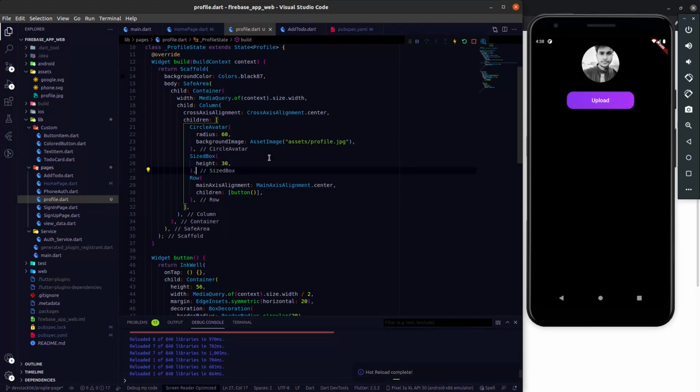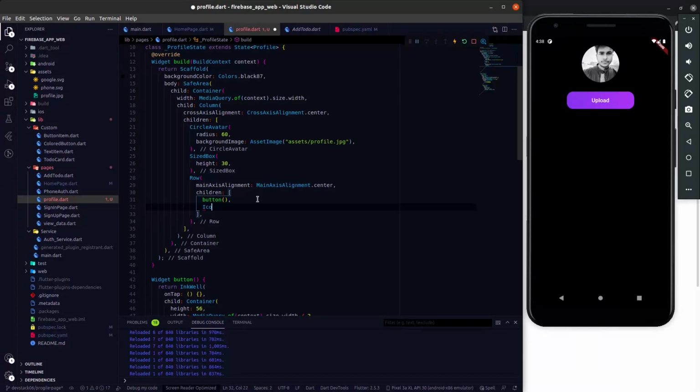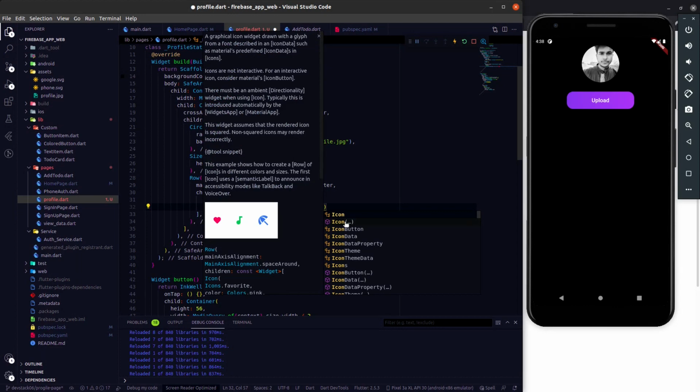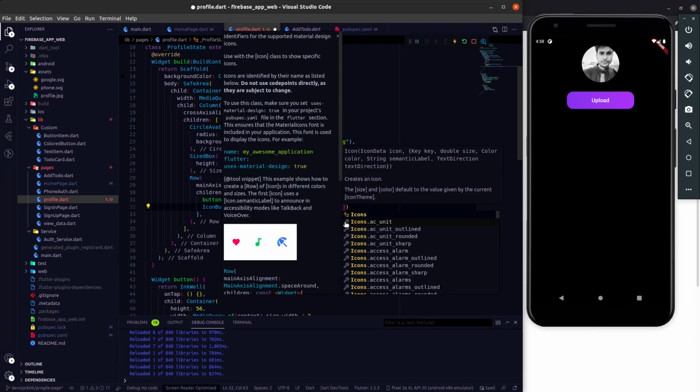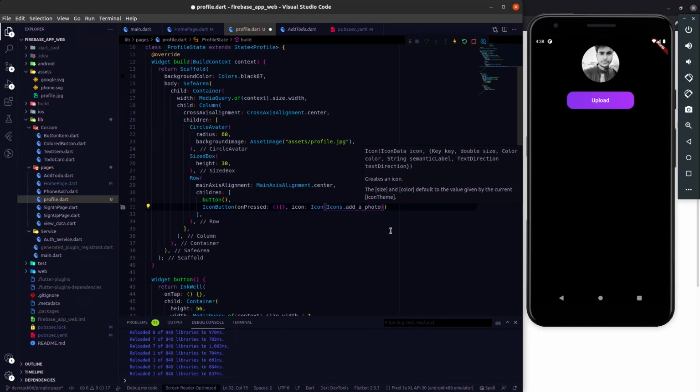Hit save. Okay, and after this first child I'm going to add another child that is going to be an IconButton, with the onPressed logic, and we're going to use the icon Icons.add_photo.